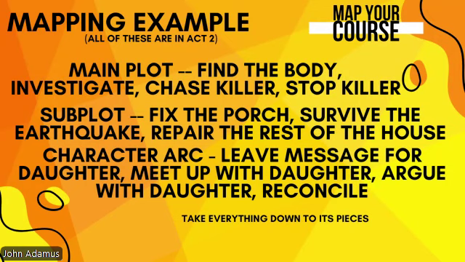But ultimately we need conflict. We need a crisis in this. So what do we do? We argue with them. Our main character argues with the daughter for whatever reason. But ultimately we need them to reconcile. Now, how do we weave all these pieces together? Like this. And it's because of the earthquake. The earthquake is a big environmental tension point, and it's going to throw the rest of the story for a loop. So we're going to act with it.